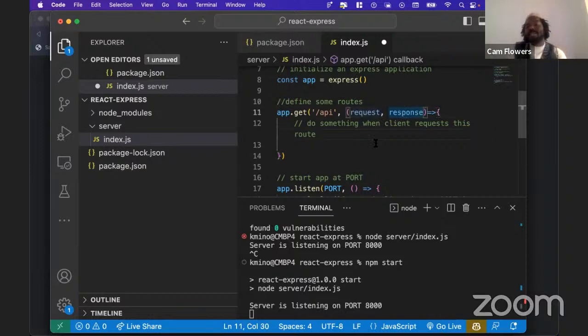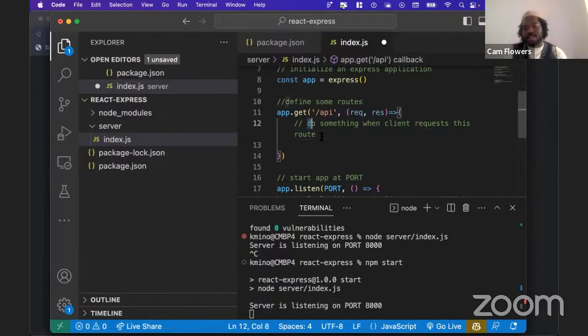What you might see is, instead of people spelling out request and response all the way, you might see something like this where people do req and res, but it's the same thing. You can name these whatever, but for your own sake and readability, you're going to want to make sure that it's named something related to request and response, so it's easy to see what's going on there. And now that we have those two things in there, if I wanted to check anything about the client's request, I could use this request object. But more specifically for what we want to do,